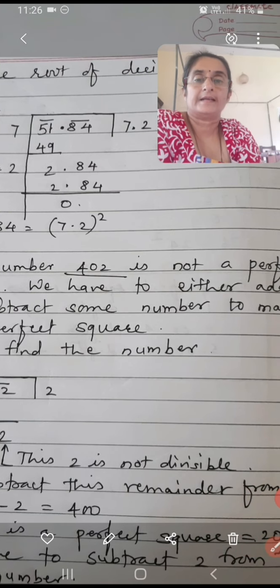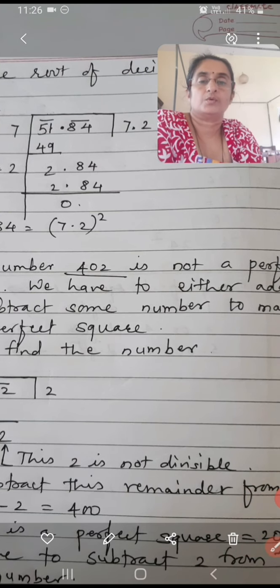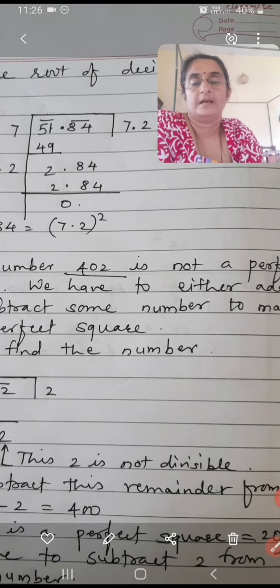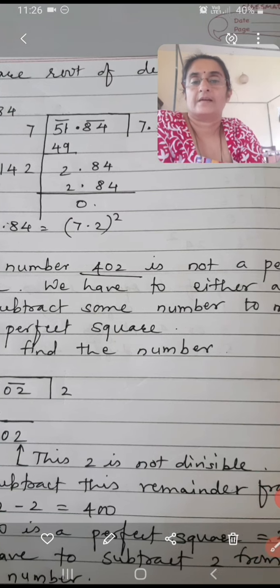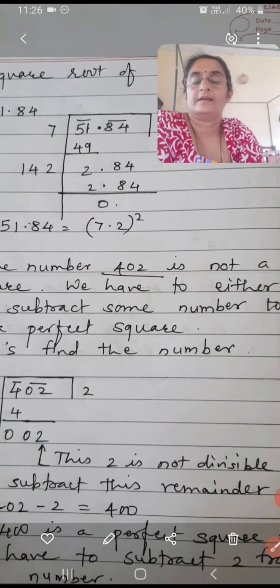Now we are entering the decimal part of the question. So put a decimal point after 7 because we are going to write 84 down now. So that is the decimal part. So even in the answer, after 7 there will be a decimal point. Now we have 284, otherwise consider it as 284 only. Remove that decimal point. Now 7's double I have written, 14.